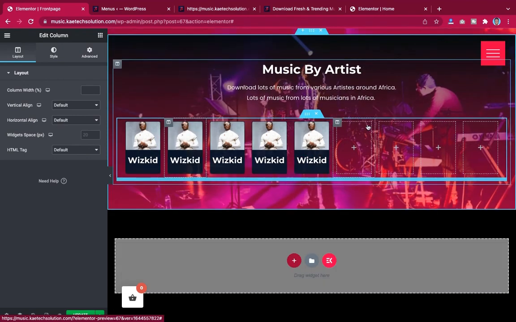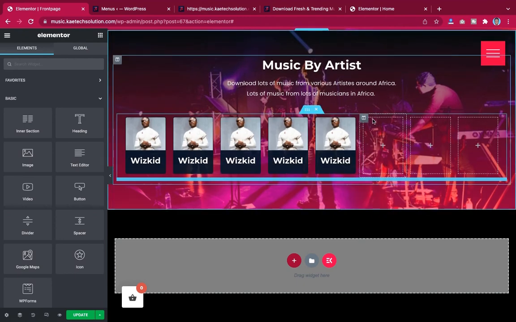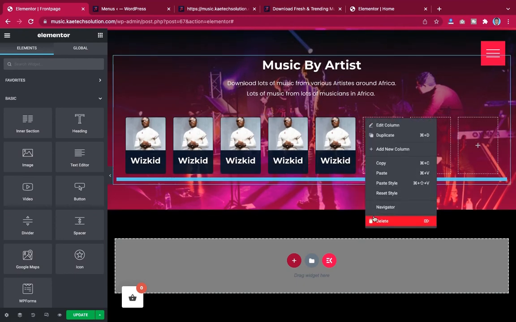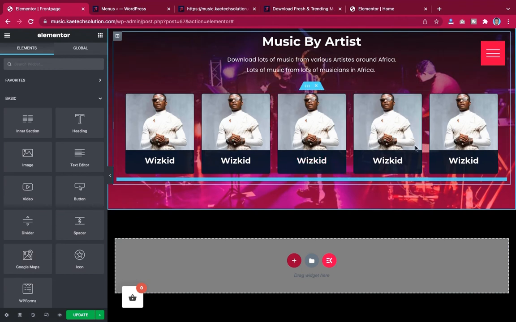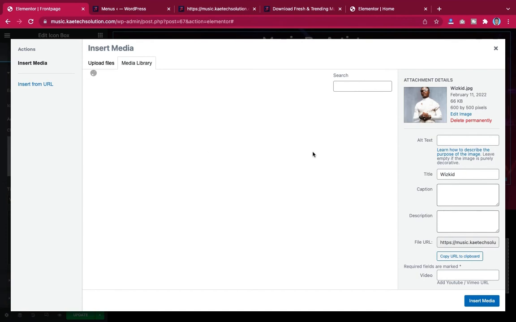Okay, very good. So we have this one. What we're going to do is delete the ones that we don't have anything on. So I'll just click on delete and delete all of them. Okay, so guys, we have this one. If you want to change it, it's very simple. All we have to do is click on this one over here, and then just pick